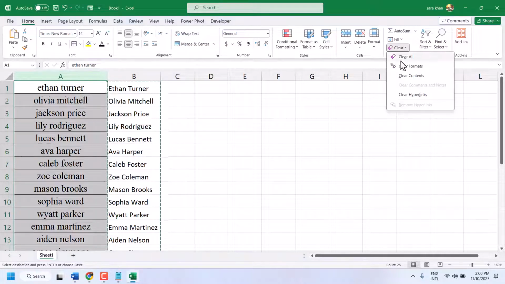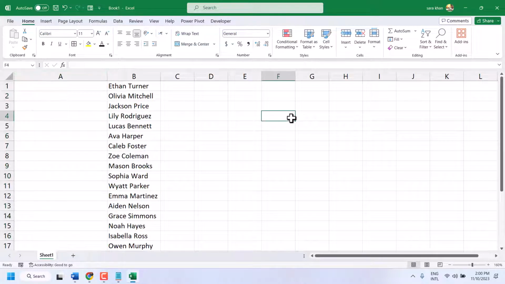Now select it and clear all. The column as the first, so select it